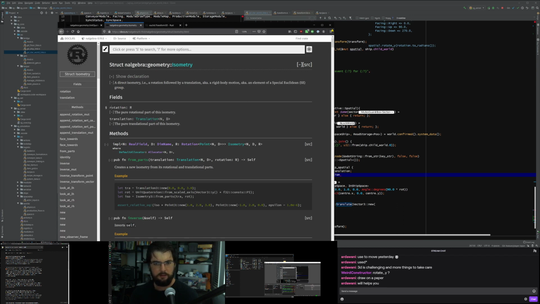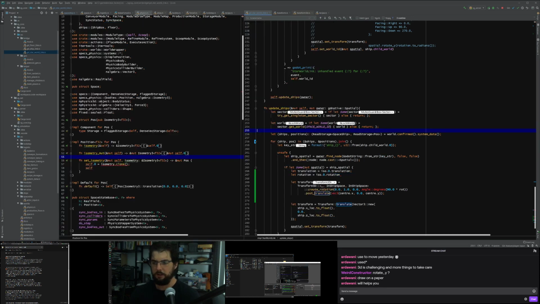I see, here it is, rotation. And we know from before that that's a quaternion, because that's what this particular template has. So this one here is a vector, and this one here is a quaternion, which is like a fancy way of rotating stuff.